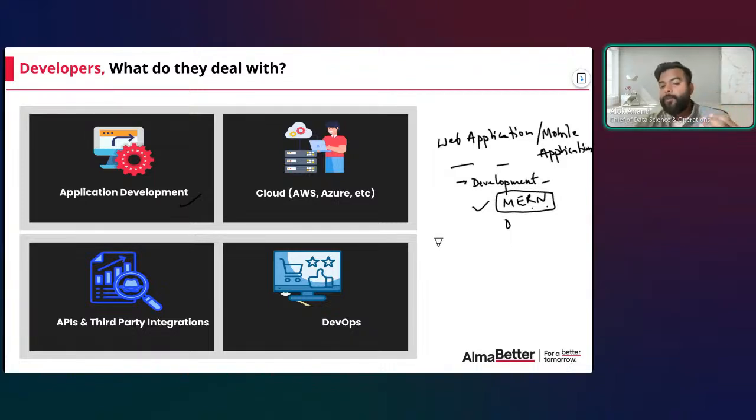But let me give you a very clear perspective that in any company, there are a lot of third party services which they use. As an example, Amazon uses a third party service for the payment. It's not just Amazon Pay, there are banks as well, there is UPI. So there are some third party services, third party integration. That software you integrate with your application so that payment will happen.